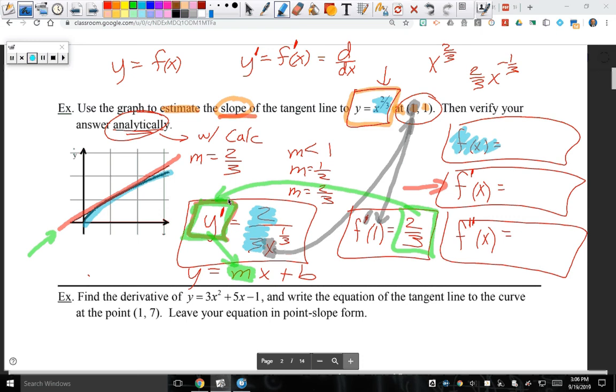Are you with me? Because once you get the definition of the derivative and you want to find it at 1, you just plug in that value. What if you wanted to find it at 2? You plug in a 2. At 30, you would plug in a 30. That's your at value. Yes, dear. Is the point they give you the point where it touches the... Yes, that, okay, oh, this is a good